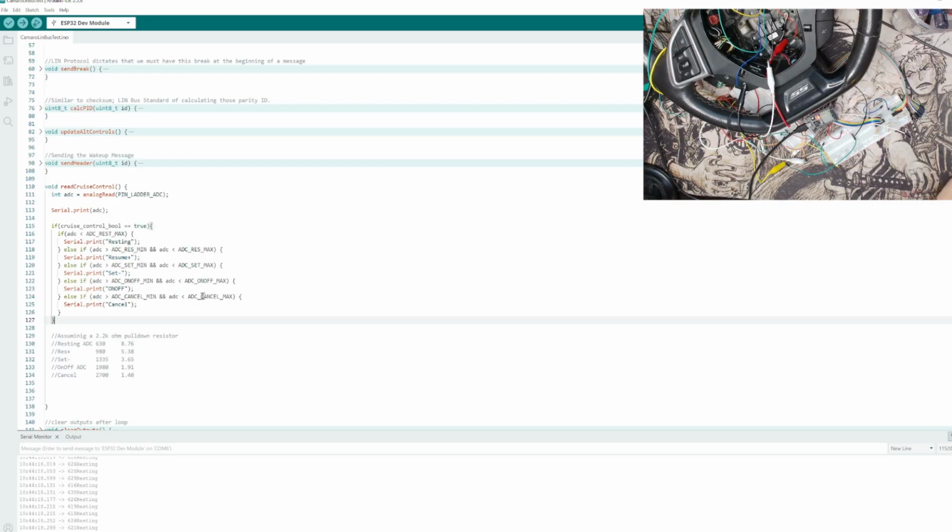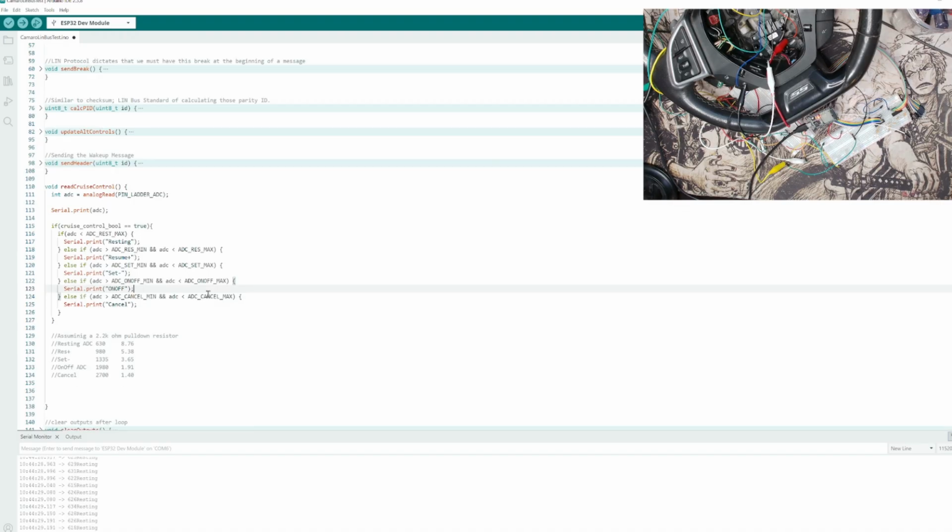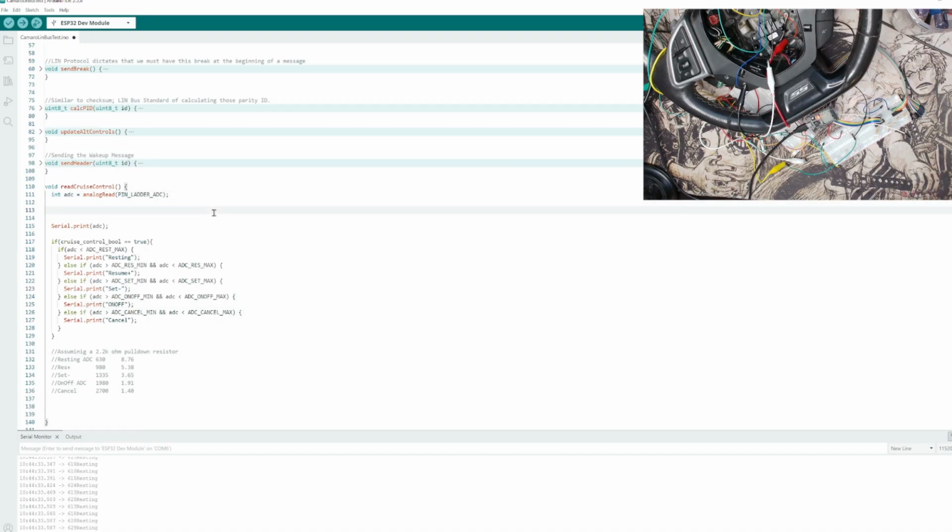And when do we want to engage it? When we press on and off. So let's do cruise control. Oh, but we won't be able to execute that in here because it's only going to do it if this Boolean is true. So let's do over here something like if